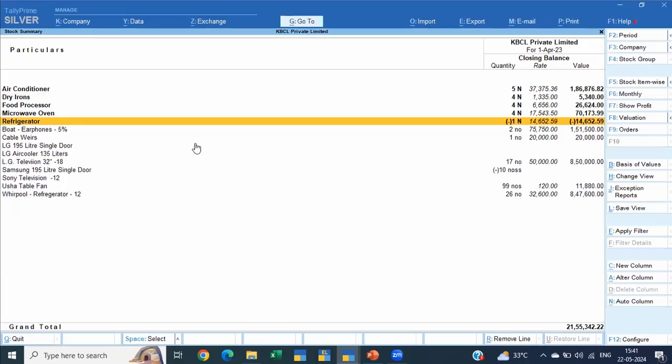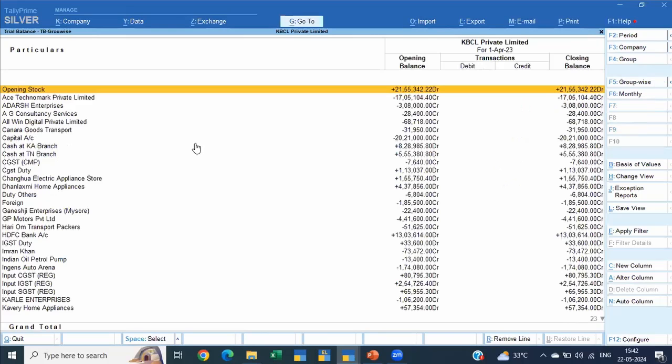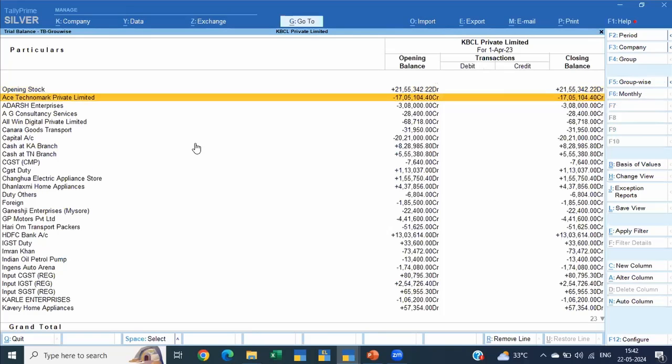Now, having that, we'll move a little further, wherein we are defining at ledger levels. I would always suggest if there is stock involved, do not do any classification, any setup at the ledger level. Do it at the stock level, either at the group level or at the item level, but do not do it at the ledger level.